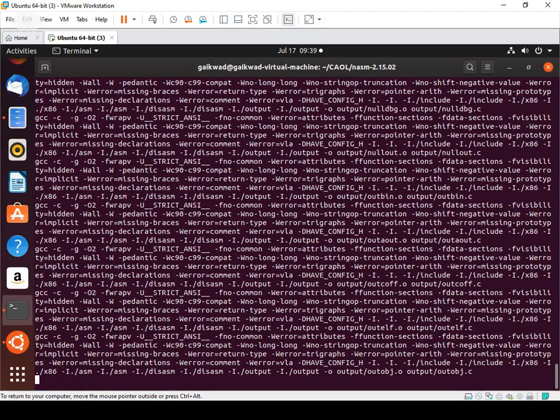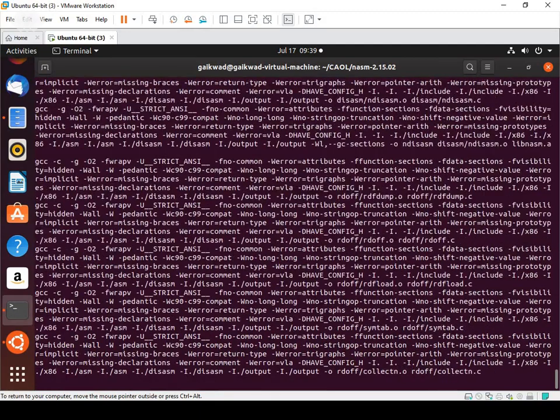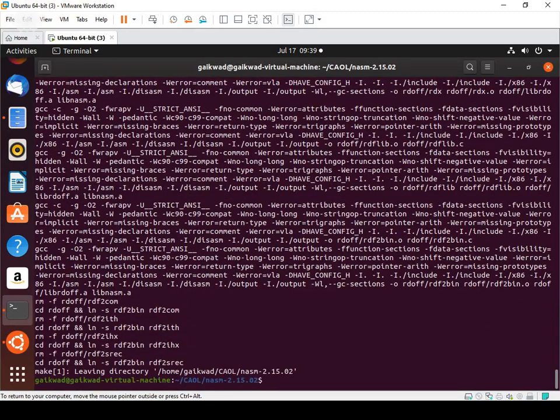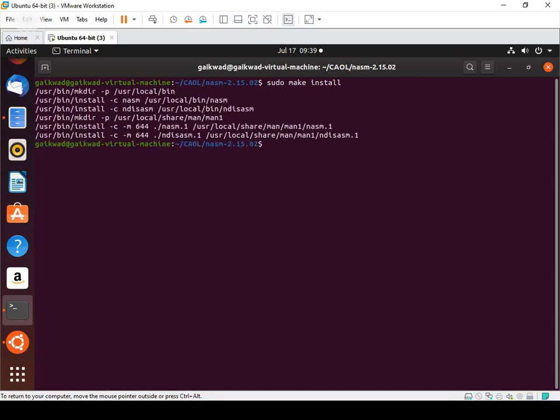It's getting installed. It will take a few seconds. Hardly 5 to 10 minutes it will take to install the whole NASM. Next, again clear the screen, and the last command, sudo make install. Yes, so NASM has got successfully installed.